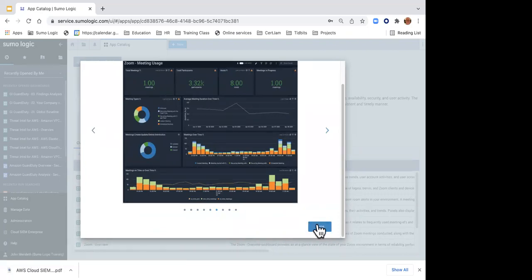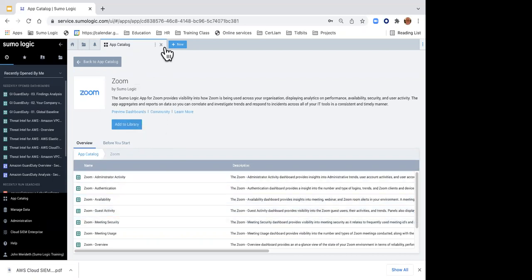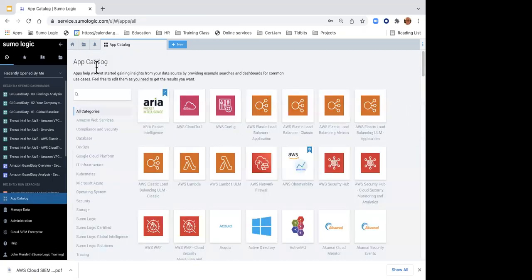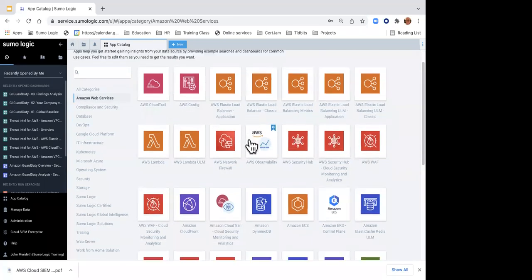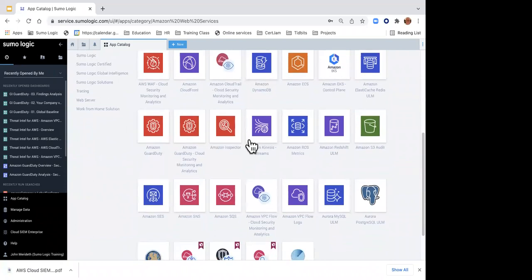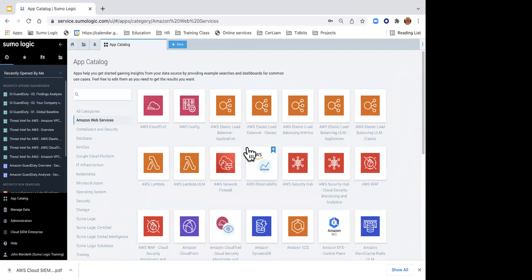Very handy stuff. And again, hopefully if we built these right, we are as close to 100% as we can get for you as far as providing the information that you need. But from a practical perspective, we're probably somewhere between 70 and 90%. And then after you install the application, you can go in and modify some of those queries to get you that last 10 to 30%. Or you can ask us to help you with that. But these are various built-in applications. And as I mentioned before, under the category of AWS, we've got a whole host of AWS information. In fact, in a little while, you are going to install an app from here, and we'll walk through that process.